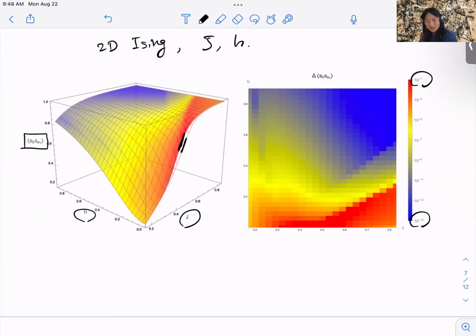But you see, there's some kind of a funny pattern of exactly where the bound is the weakest. It's along this red band here, and we have some vague idea of what the explanation of this is, which was suggested to us by Slava Rychkov. But in view of time, I will not get into this discussion here. But these are questions one can think about in order to improve the efficiency or the convergence in the future. So this red band is a region where the bound is the loosest, and that's what we'd like to improve.